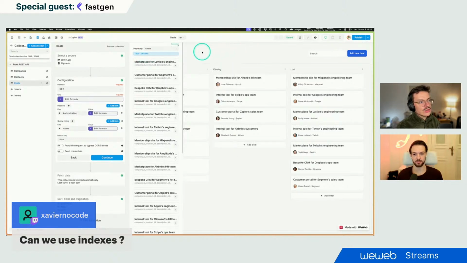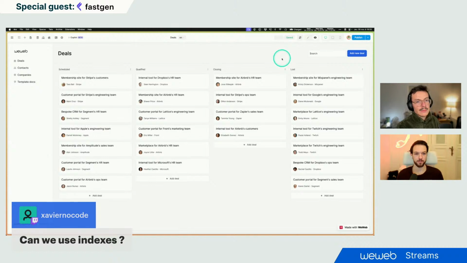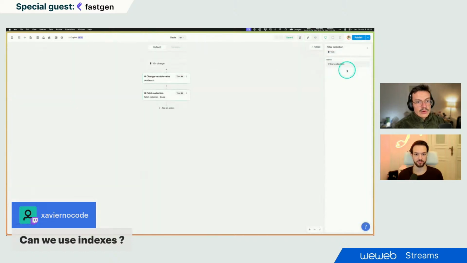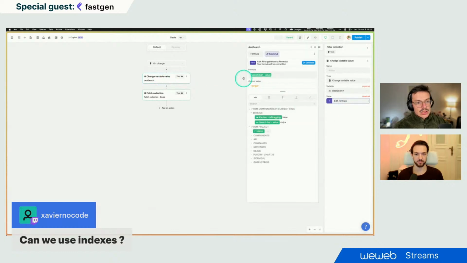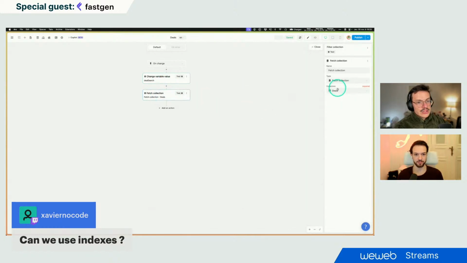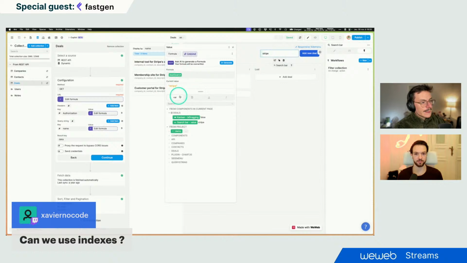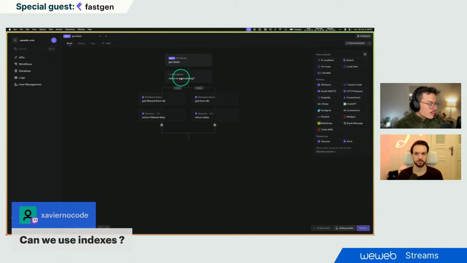So what I wanted to do is make people be able to search for a specific deal. If I type Stripe, you see here that my collection is filtered on any deal that has Stripe in the name. To do this, I have a simple workflow that just changes a variable in WeWeb and fetches the deals collection. So it's really simple. And I was able to do this thanks to this parameter in my collection, which is my parameter here